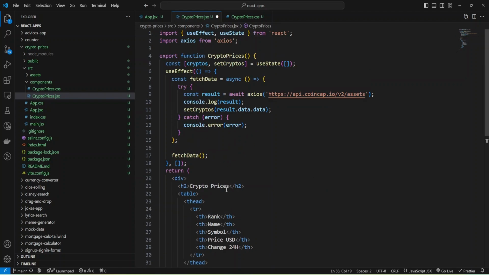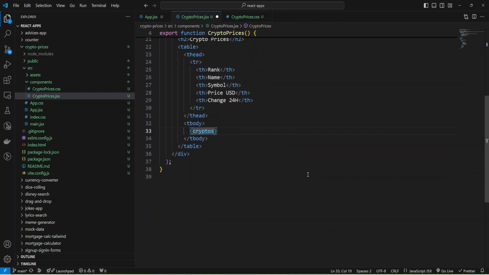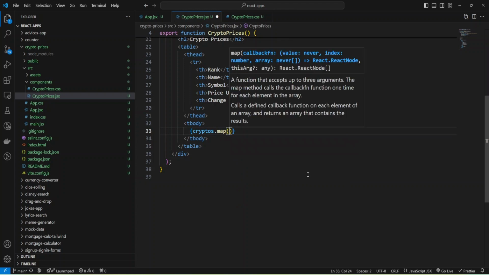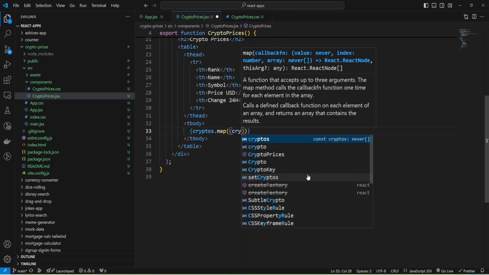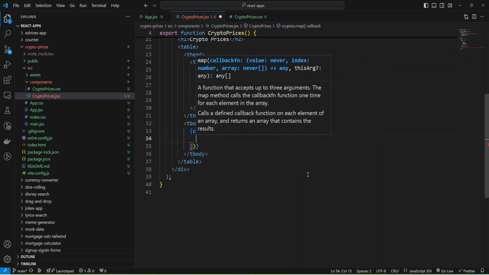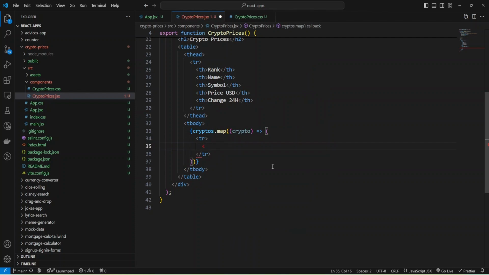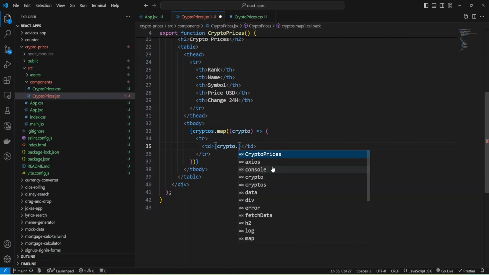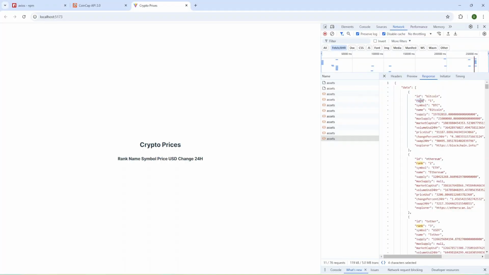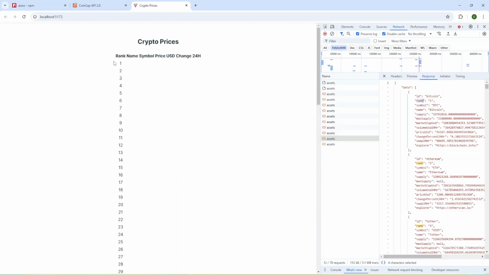We have a result in our cryptos, an array of objects, and I can use the array map function to iterate through the array, and for each crypto element I'll provide JSX, and the JSX will contain a table row and table data inside the tag, and I'll provide crypto rank. So let's check, and we have rank.